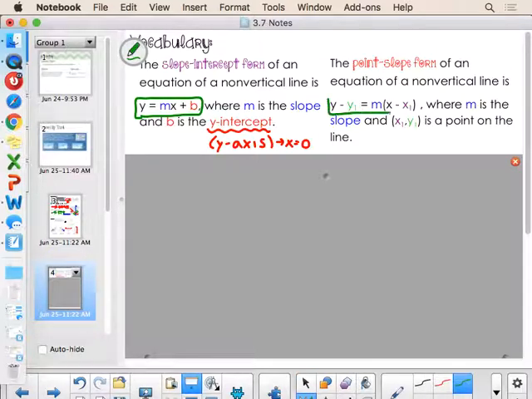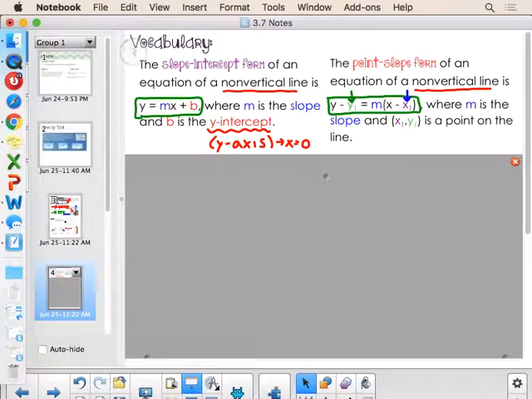In this format here, you need to have one point, and you need to have the slope. Slope is still going in for m, and we're going to use a coordinate which we call (x1, y1). Notice in this equation, we have y minus the y value coordinate, and we have x minus the x value coordinate. Something I'd like to point out is that we can only write equations of these lines in this format so long as the lines we're dealing with are non-vertical lines.